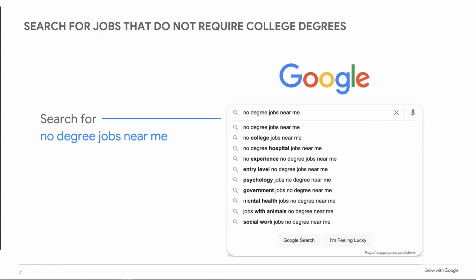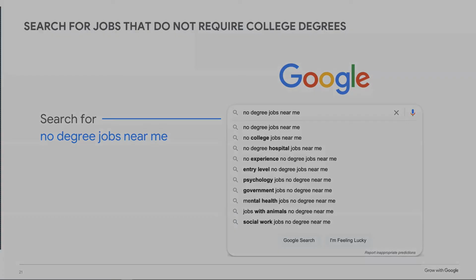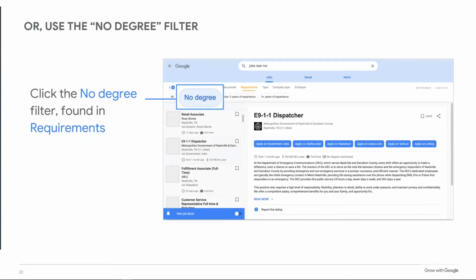The other option is the no degree job near me search, no degree needed, things like that, so that it brings up those options as well. Google has added that as a new requirement for job postings. So that is a new filter.